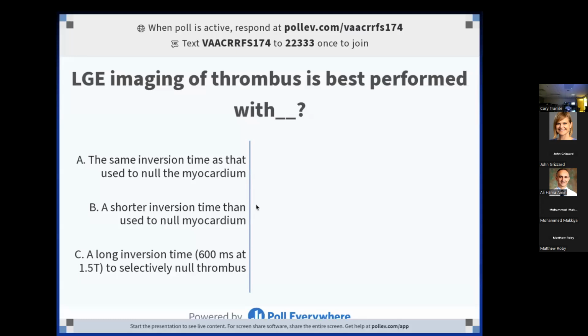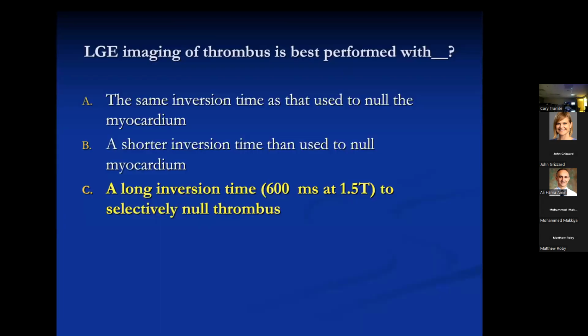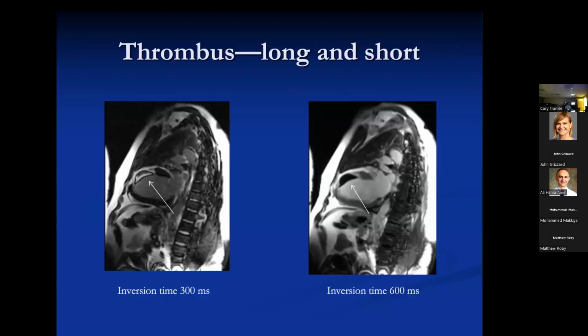Yeah, so far everybody is saying long inversion time, which is correct. Very good. A long inversion time because it selectively nulls thrombus. Let me just mention that in the older type of sequence where we did just a magnitude image, we didn't do PSIR or phase-sensitive inversion recovery, you can get a confusing appearance from thrombi. You'd sometimes see them as bright with an etched rim, and then when you did the long TI imaging, it became apparent it was thrombus, but this appearance is sort of confusing.